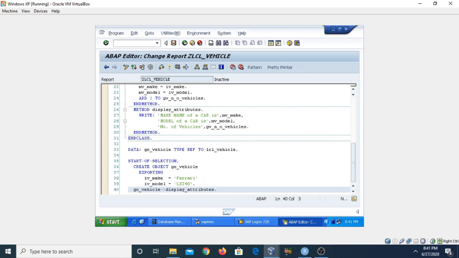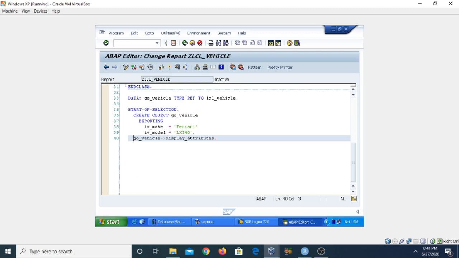Now in this case we have declared the global data object go_vehicle, which is our reference variable to the class. This is the class name, and then we have finally created the object, create object go_vehicle, and then we are going to assign the values to these exporting parameters so that they can be assigned to the attributes of a class.